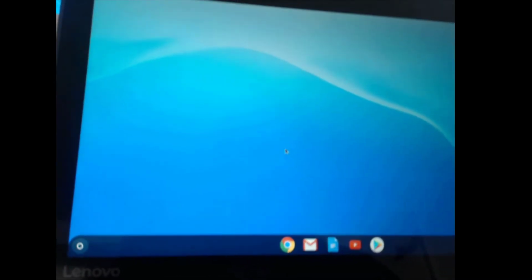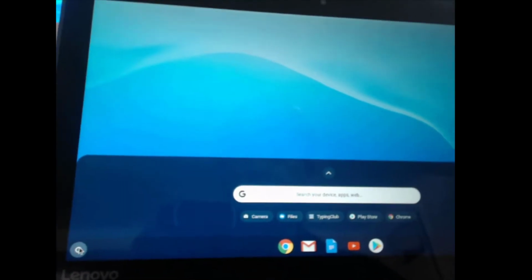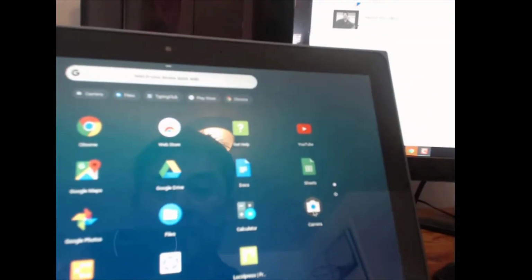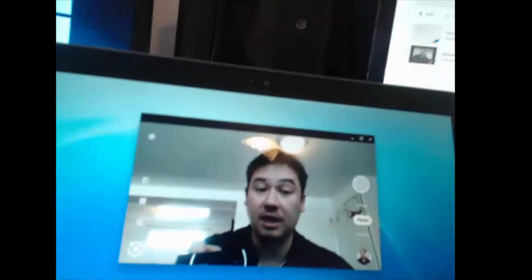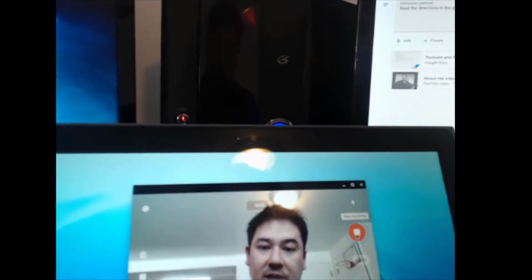So right here you go to your Chromebook, you're going to click the launch button here in the bottom left hand corner, and then you're going to click the up arrow and click on camera right here. Okay. So you click on camera, that'll open up your camera. You just need to make sure instead of photo, it's set to video. Okay, and then you'll click record, you'll do your video, you'll click stop, and then you can close out of